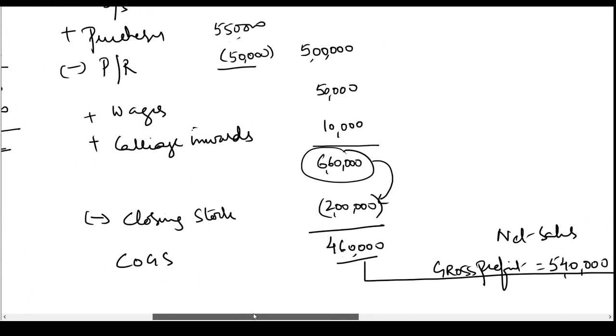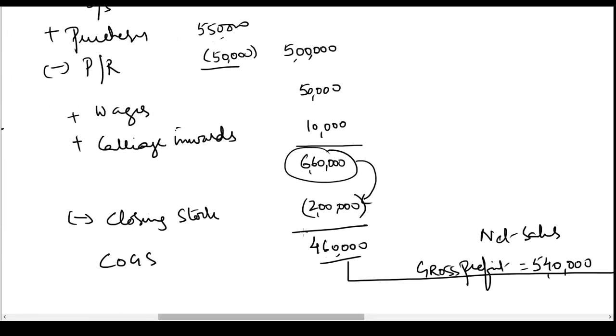So what I have done is, let us suppose at the beginning of the year I had 100 goods. I purchased another 1000 goods during the year. So at the end of the year I should have 1100 goods. But I am only having 200 goods left. So what happened to the remaining goods? 900 are the goods which have been sold. I want to arrive at the cost of these goods.